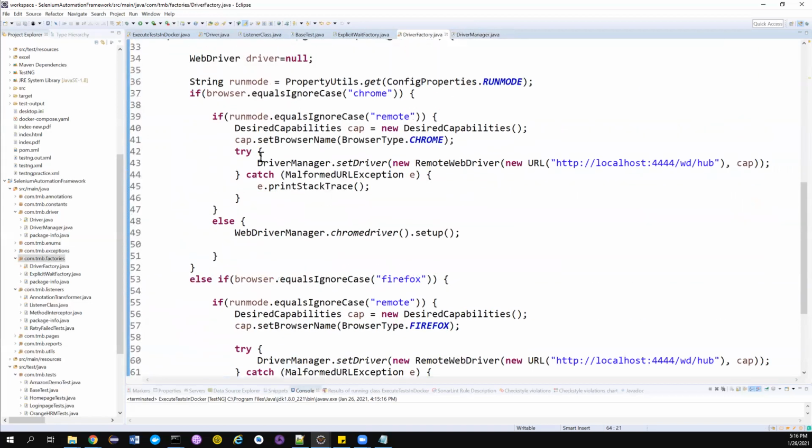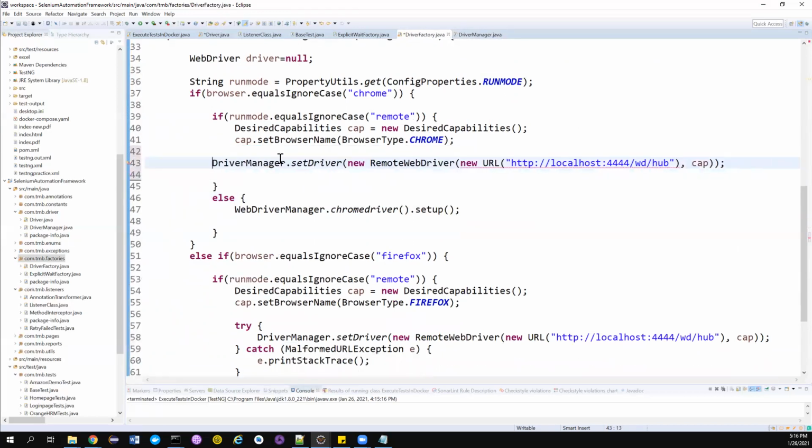So what I want to do: when the browser is Chrome and the run mode is remote, then I want to do this. All the things, and I don't even want this try catch block for now. Let me remove this. When I don't need this particular thing, I don't want to set it here. I just want to return it. So I'll just assign to this particular WebDriver variable.